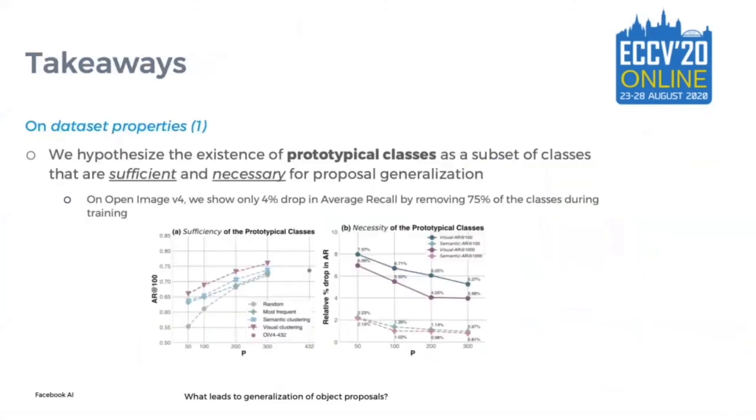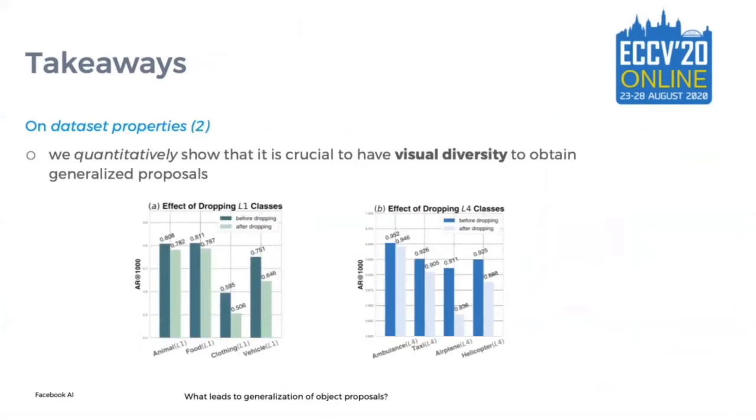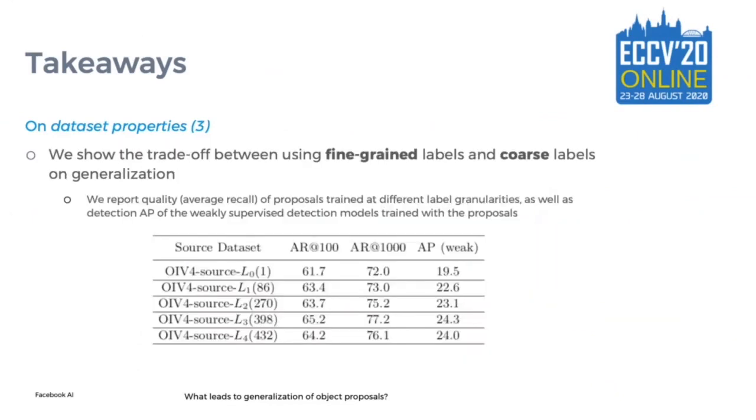detectors. We propose the idea of prototypical classes as a subset of classes that are sufficient and necessary for localizing unseen classes. We quantitatively show that visual diversity is crucial for this purpose, and the trade-off between fine-grained and coarse-grained